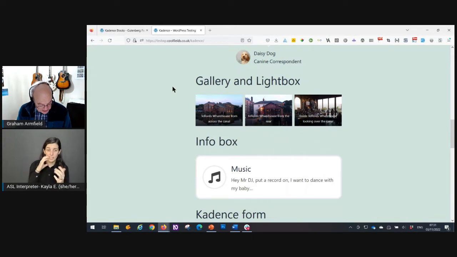Now the next thing that's going to get focus is this info box here, which is effectively one big link. So let me press the tab key again, and now when I press the tab key, focus will go to the info box. Notice that the focus indication is there in a, well, you might not even have seen it across the web there.